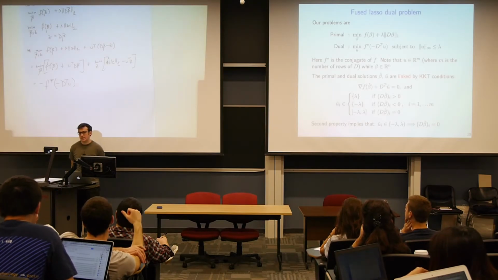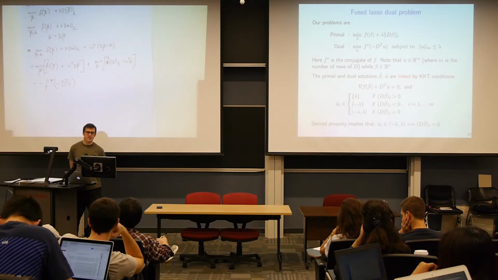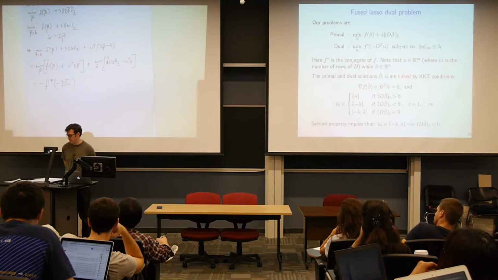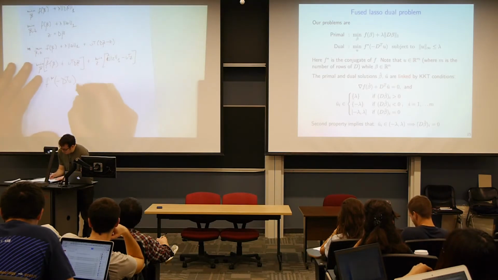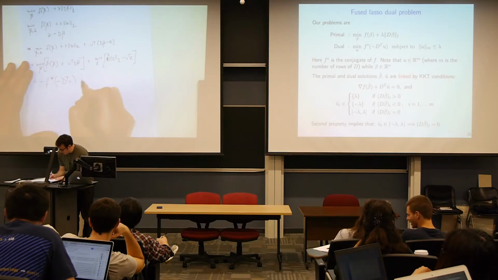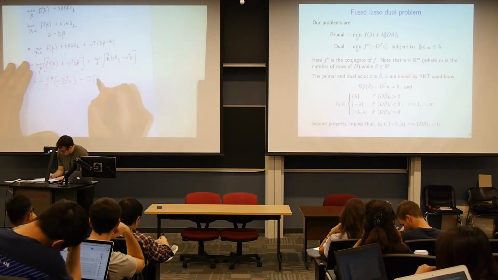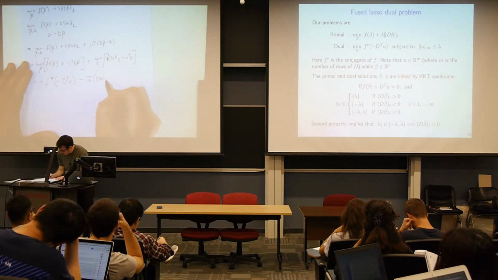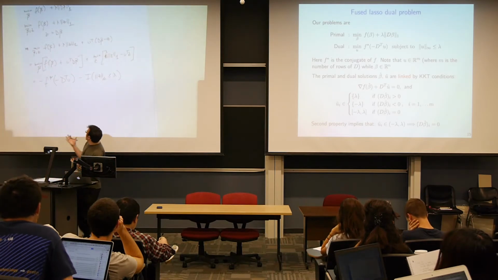And so you've seen that, at least in lecture. If you're not familiar with that, it's probably something you should review, because it comes up all the time in convex optimization. So in particular, we have this is equal to minus indicator less than or equal to lambda. And so in terms of the lambda term,